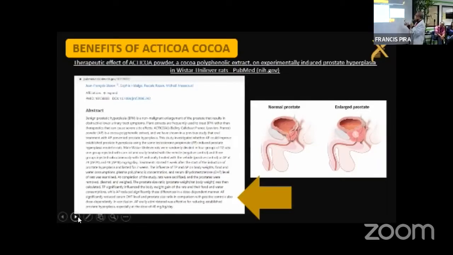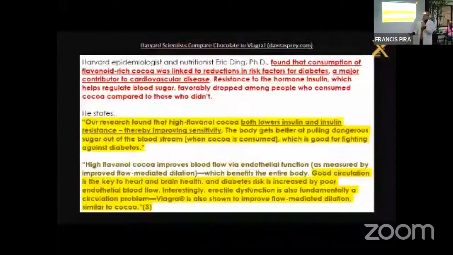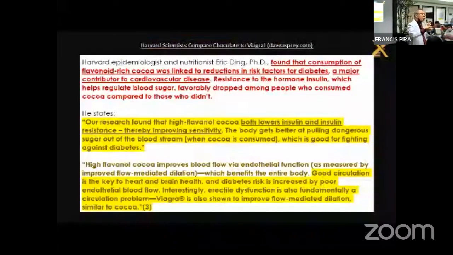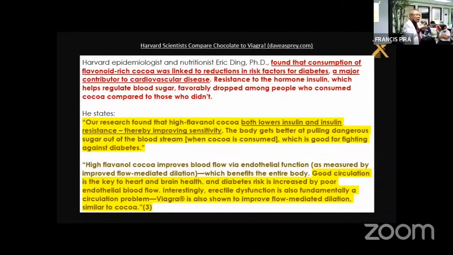So there are other components of the flavonol. Part 3 to, erectile dysfunction. Erectile dysfunction. So the flavonol, our product, is compared to Viagra. The only problem with Viagra is this: the nitric oxide will actually dilate the blood vessel in the cavernous tissue of the penis. So i-dilate niya so that when there is excitation, the blood will flow there and it will harden the penis.